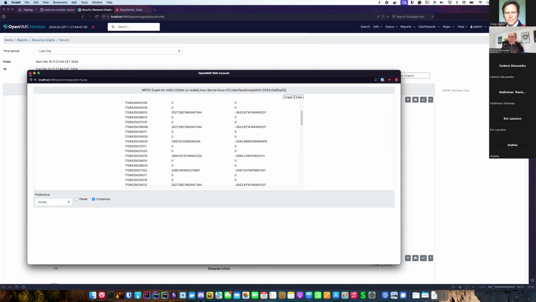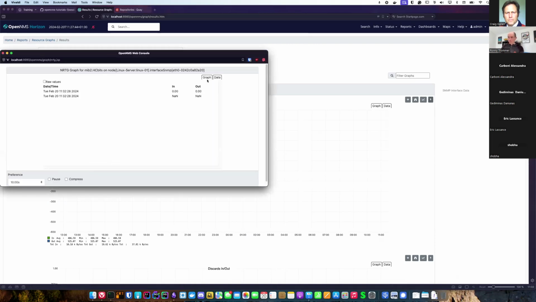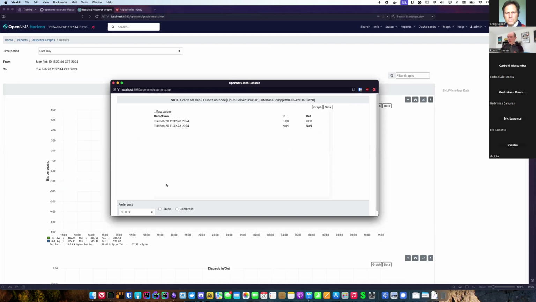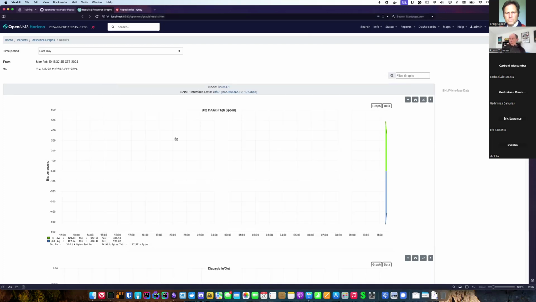But if you close that window, it's gone. You know what I mean? So it's really just something for ad hoc purposes. And the data collection underneath just keeps working as is, so there's no interference. Collectd does its regular job.